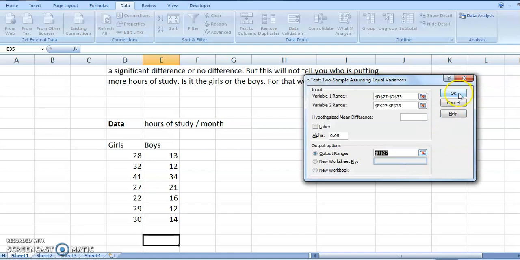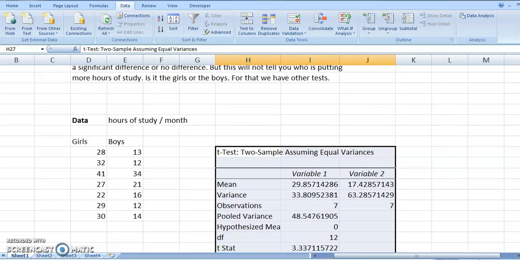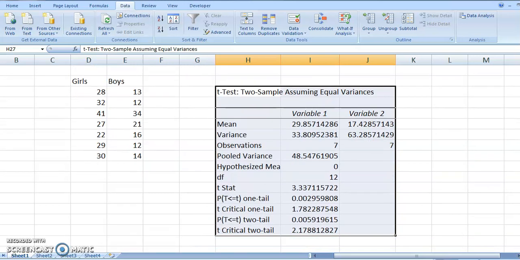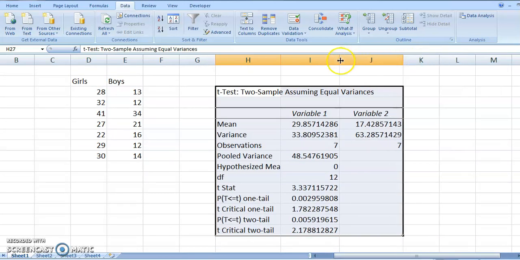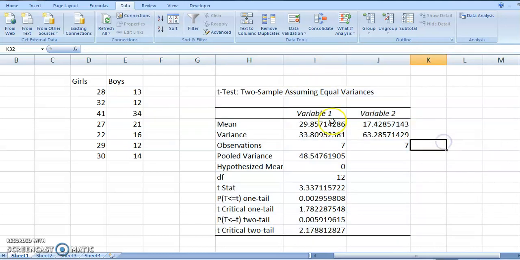I hope things are fine now. Yes, good, things are fine because we have got the results. Now we just go to the result. See, you are able to see the result clearly. This is the t-test assuming equal variance.